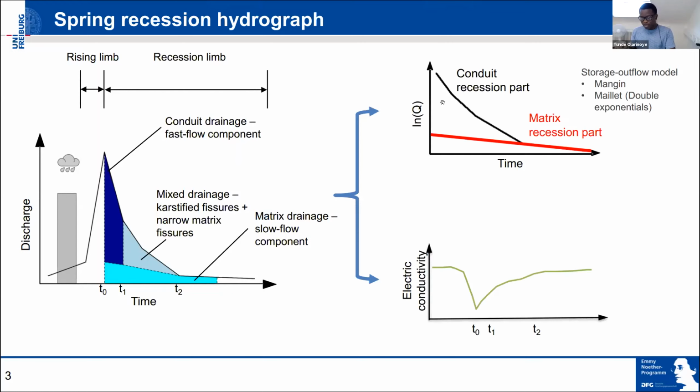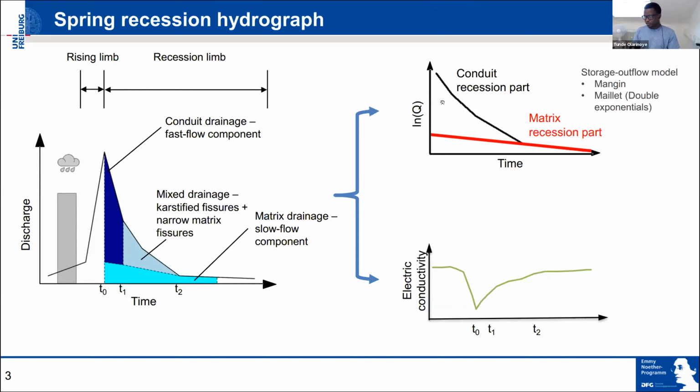components. And traditionally, if you have a spring hydrograph, we would separate this component by having a semi-logarithm plot of the recession hydrograph, and we would manually fit a linear line to the base flow to extract the base flow recession, and the other part would be the conduit flow recession or the fast flow recession. And then we fit an appropriate storage outflow model, popularly used models like the Maillet or Mangin equation, to